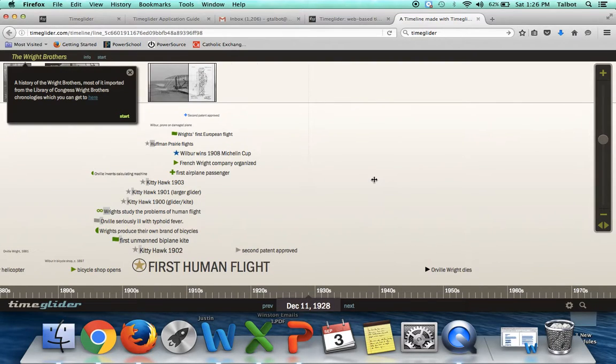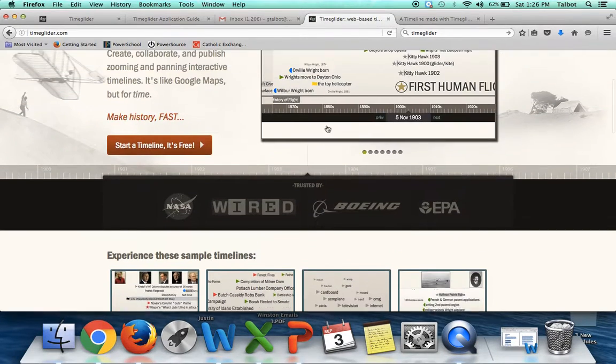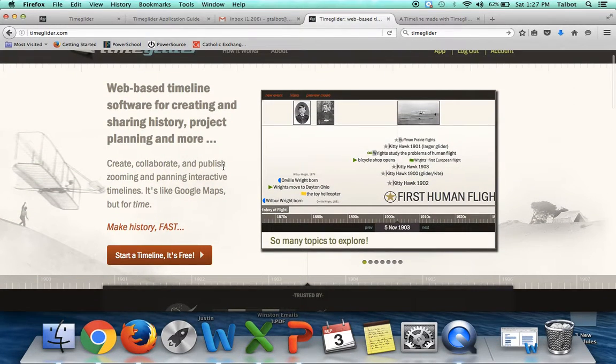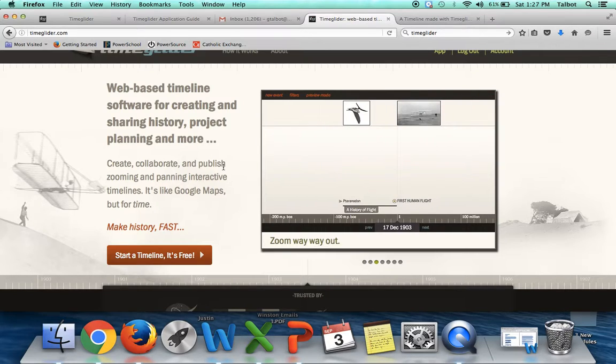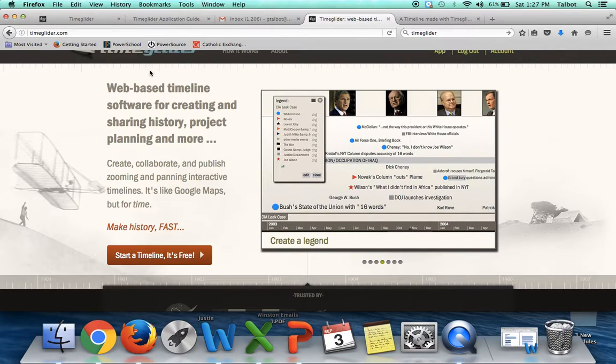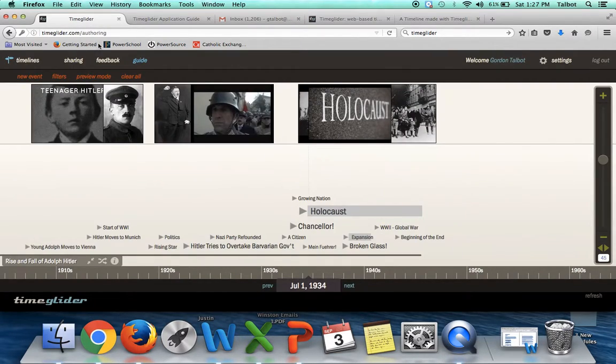Once you're back on the home page and create an account, you can build your own timeline. You can share it with your students who also can make a timeline, and then put those timelines together. I would envision the students actually presenting their timeline to the class one at a time, maybe 5 minutes each, what have you. But as I go over to a timeline that I built, I wanted to start with